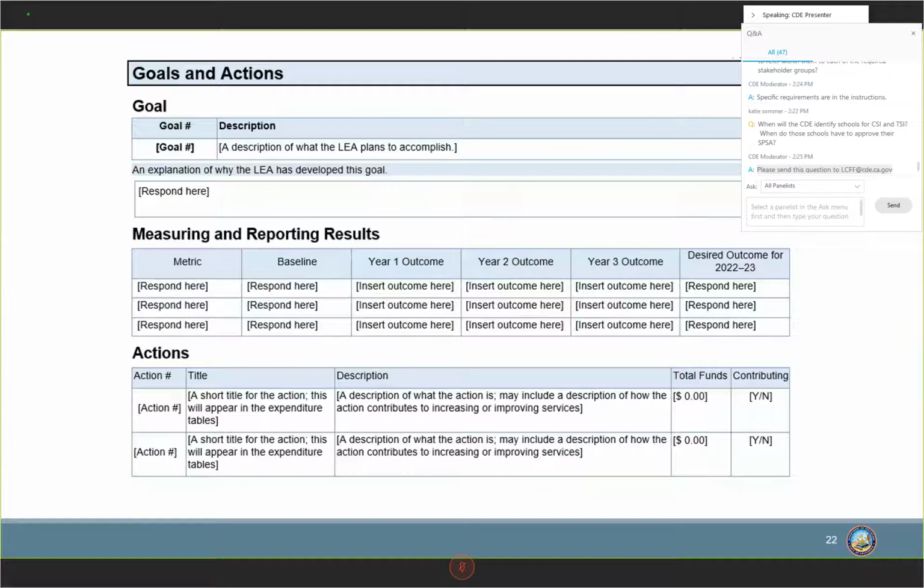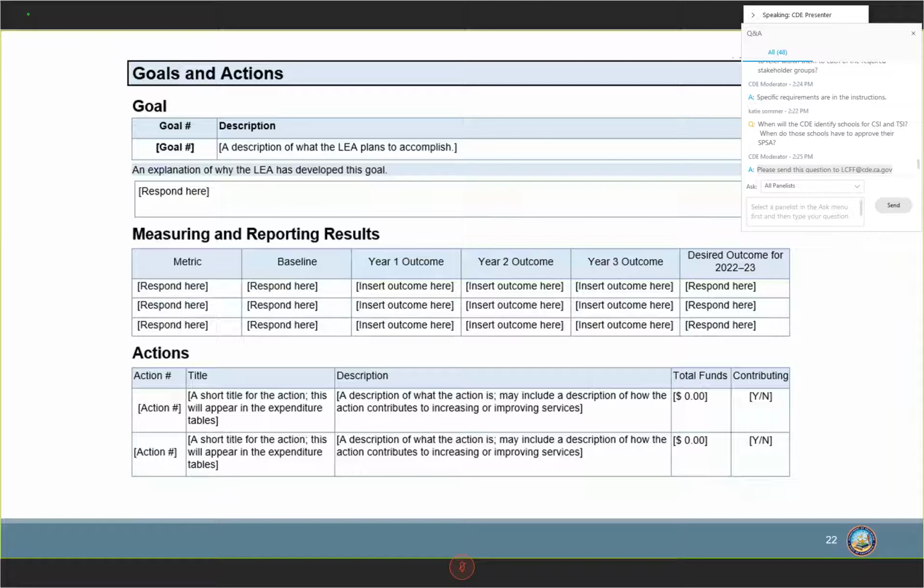Those other columns, the year 1, year 2, year 3 outcome columns, are going to be blank for your first year of this template. These are actual outcomes, and they will be reported after the fact. When you complete the year 2 LCAP for this 3-year LCAP, you will report year 1 outcome data.